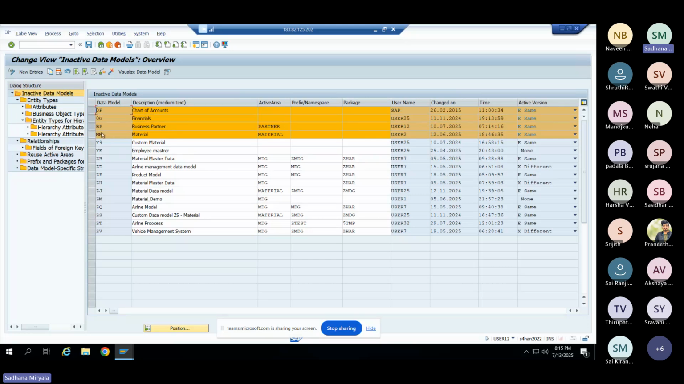So let's say in your client, if you have employee related master data, and they want to follow the MDG process, in that case you can create your own data model, and you can do the governance process for that. Okay. So first, as we are mainly focusing on the material master data, let's discuss